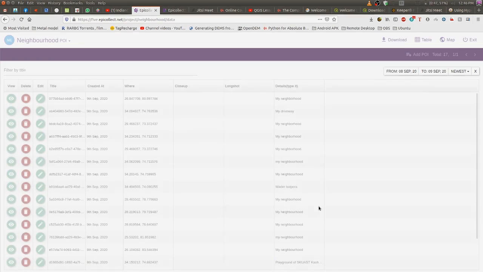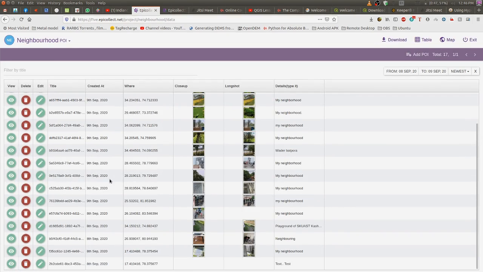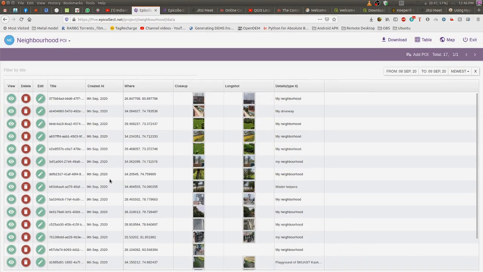then we will be taken to the screen where the data is shown in the form of a table. These are the data which you people have collected with the title, lat, long, and the photographs which you have clicked on those locations. Now we have to download this data by going to this download and clicking on this.